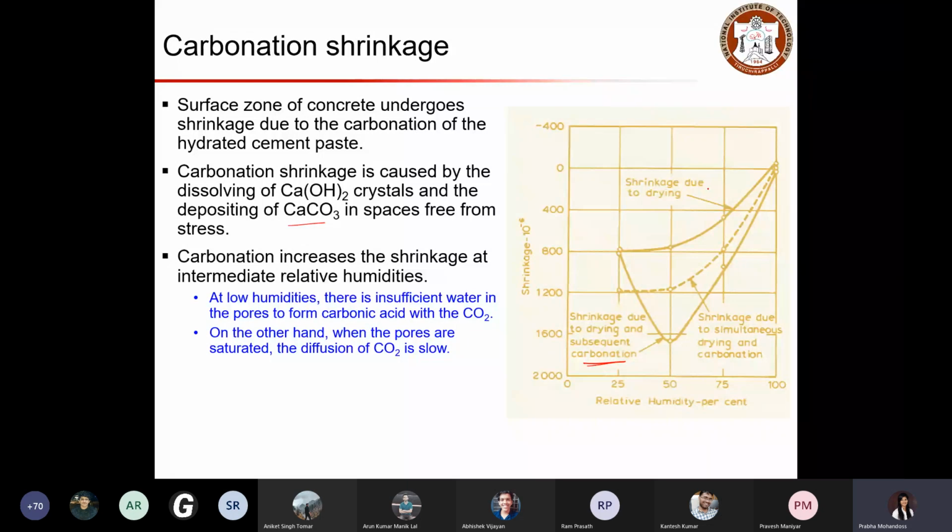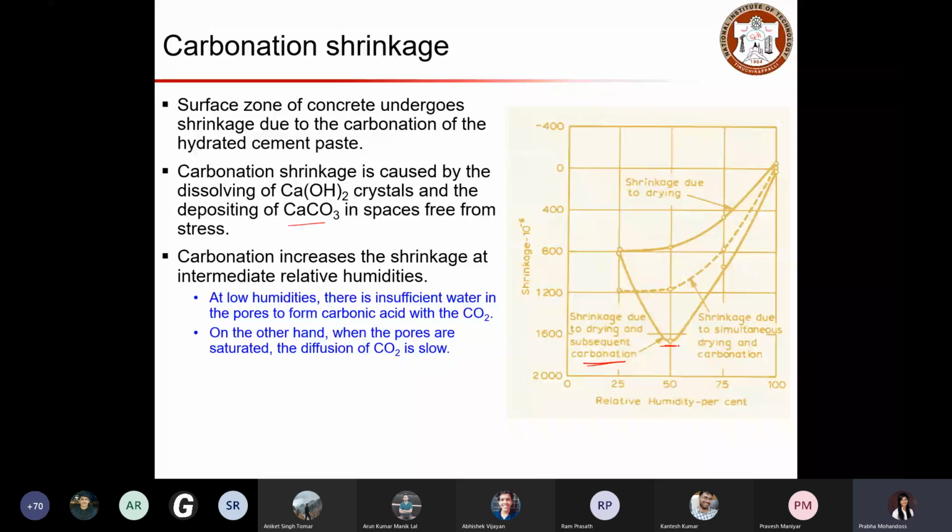In all these cases, you note that the carbonation shrinkage strain is higher at the point where you have a relative humidity of about 50%, whereas this shrinkage strain gets reduced when the relative humidity comes down below 50 or goes up above 50. So the point is that you have this intermediate relative humidity at which you can observe greater shrinkage strain due to carbonation, as well as you can expect the drying to occur simultaneously. So when you have drying and then the subsequent carbonation, your shrinkage value will be higher at intermediate relative humidity.